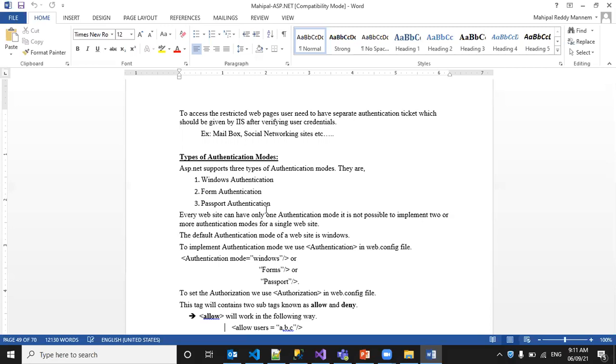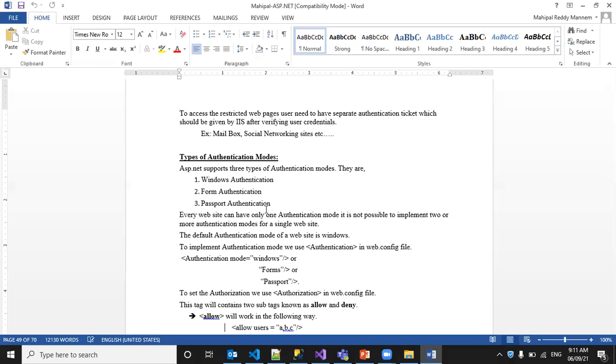Passport authentication is used for a group of websites. If you take MSN, Microsoft.com, ASP.NET, there are a group of websites, Windows Live, Hotmail. So this group of websites will use a common form of authentication. Microsoft implemented this passport authentication. It will verify any one of the website credentials and create a Forms authentication cookie token, so that token can be used across all the websites of its group.